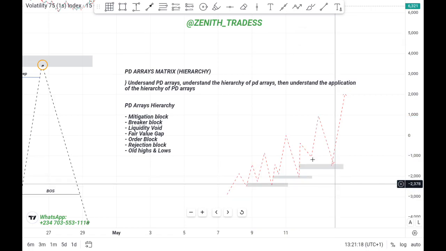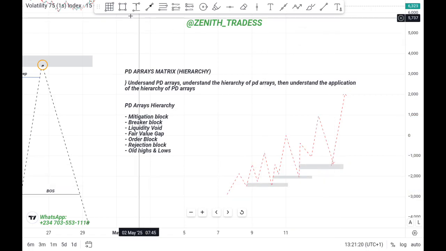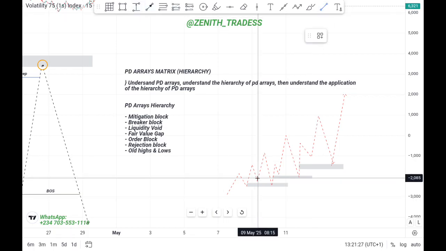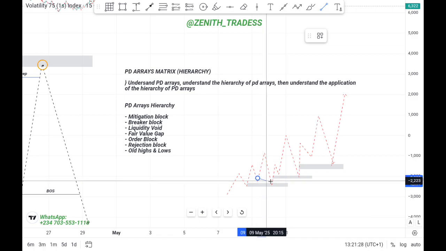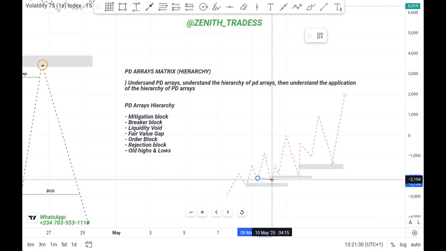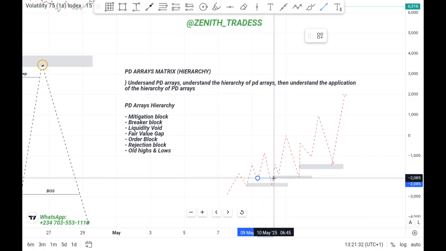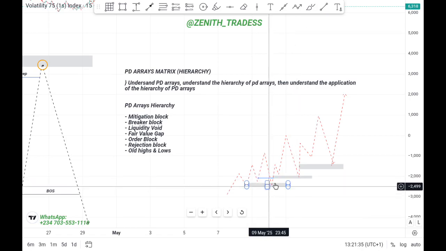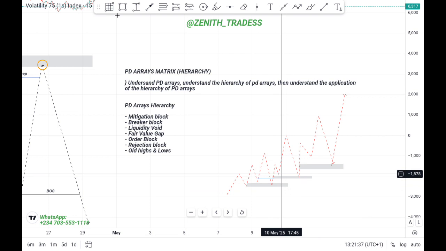Now at these minor lows, there are other blocks that price is invalidating. So once price invalidates, the higher time frame PDRA will serve as a support. Then it will now push price to reclaim that block. So if you look at the CRT video and structure, just like I have told you,